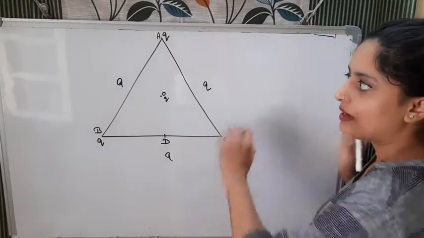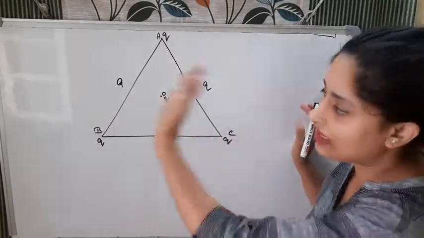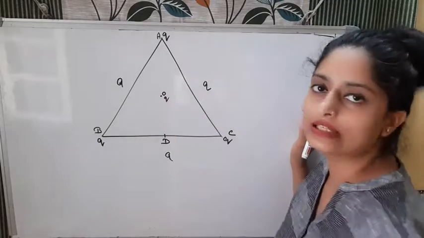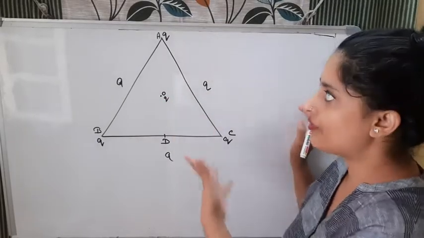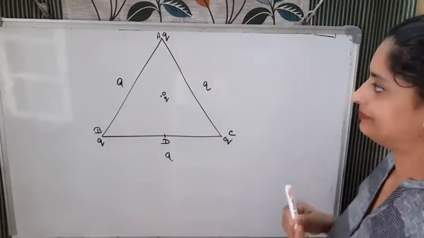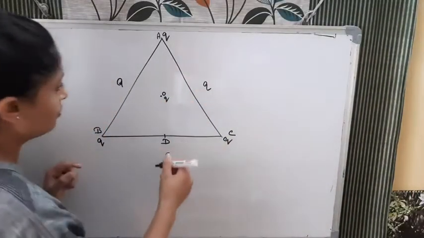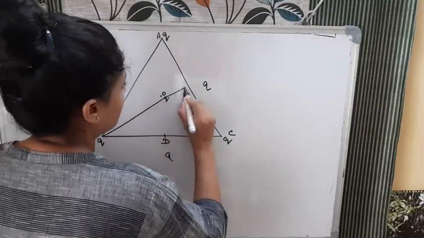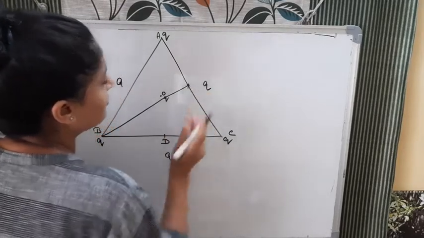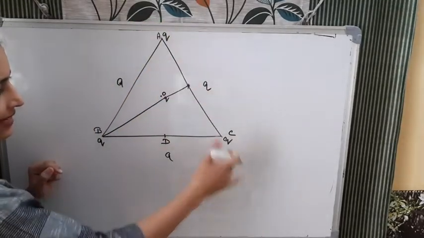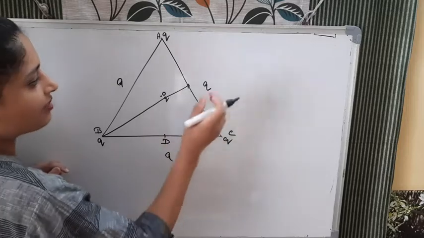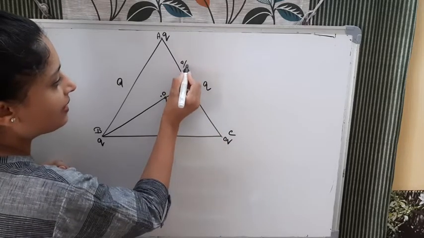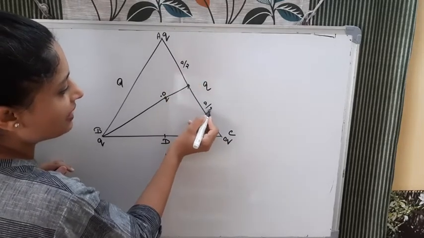Now we know by that rule that the polygon has the same kind of charges, so the net force on the center will be what? Zero. So how it will come zero, that also we will see. Firstly we will take a median from here. Median means what? That will cut the opposite side into half parts, so this particular part will be a by 2, this particular part will be a by 2.